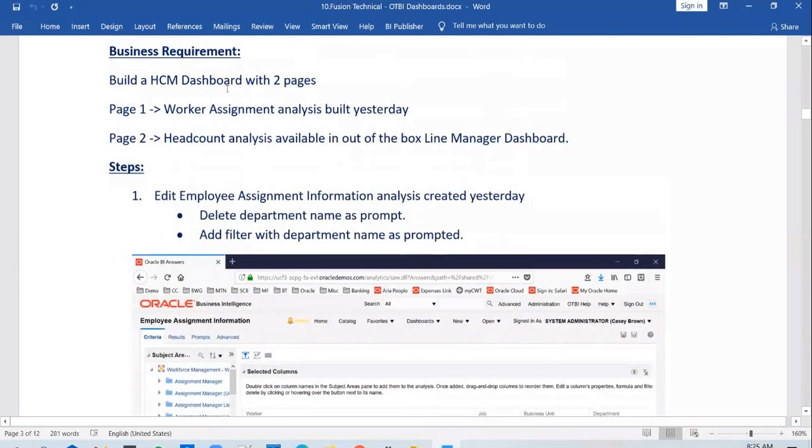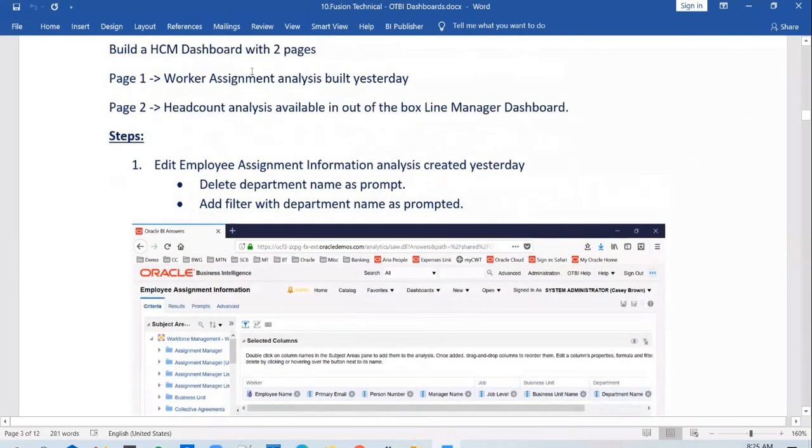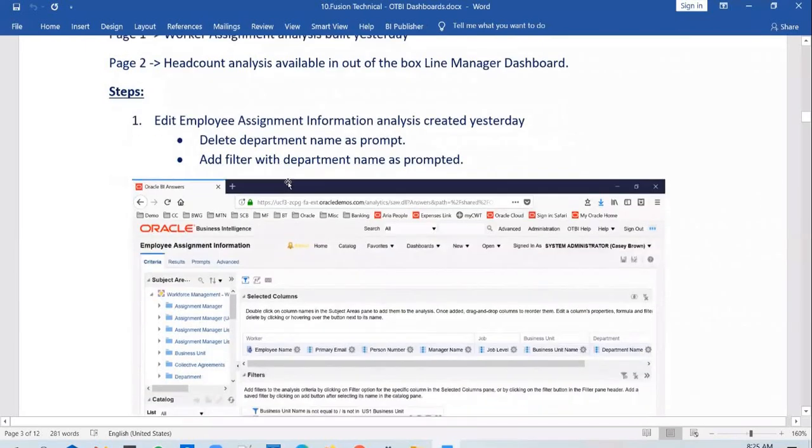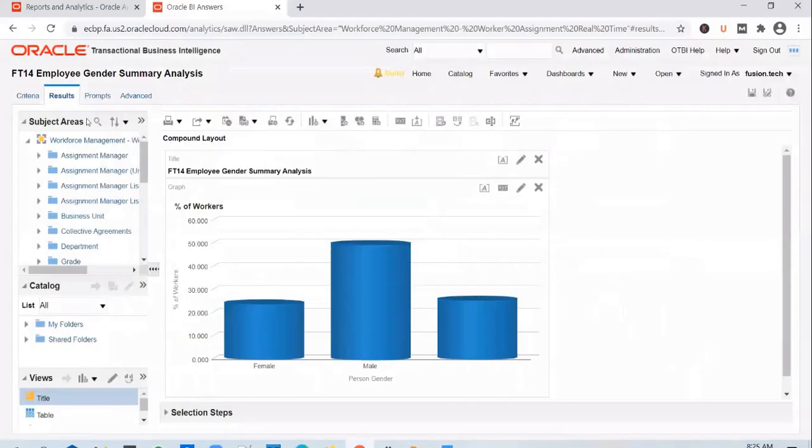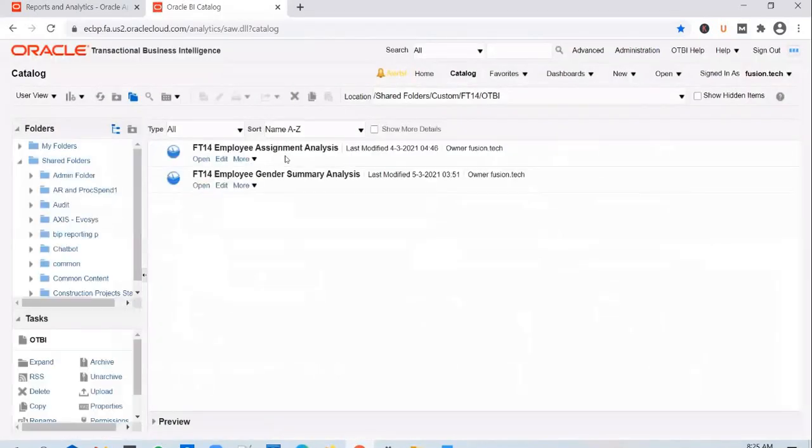And there is a prerequisite for page 1. The prerequisite is whatever reports you're going to plug into a dashboard cannot have column level prompts, or prompts at the report level. If you look at the reports that we have built, in this report we didn't add any prompt. But if you look at the detailed report, there is a prompt. It prompts for a department name. And until we pass the department name,